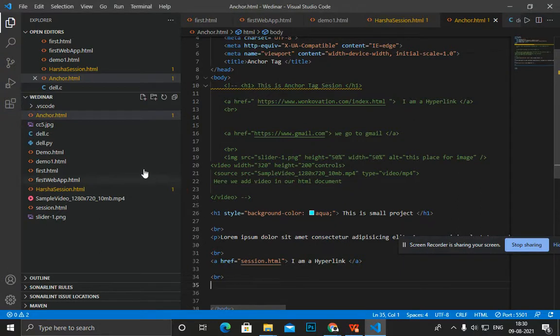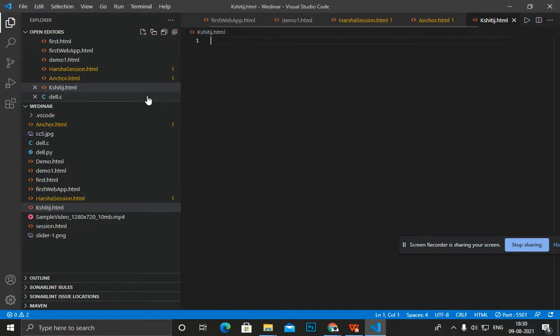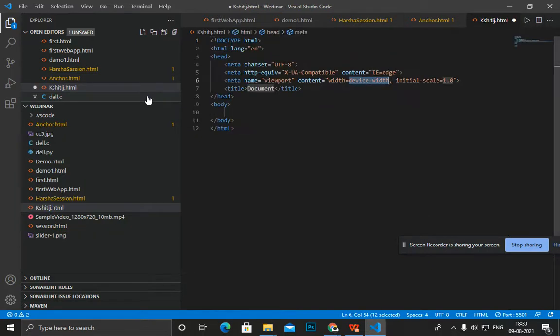Firstly I make another file, that is demo, or you can say my name dot html. Here I want to add something, and since this is the project, I give a title for the project.